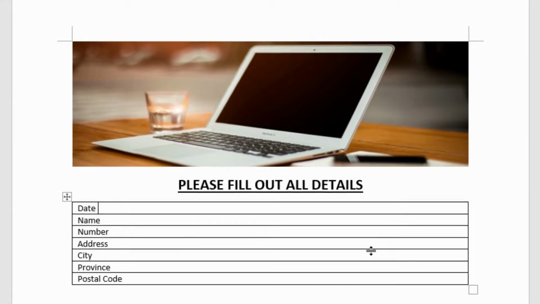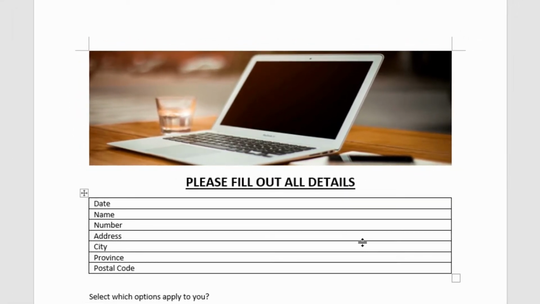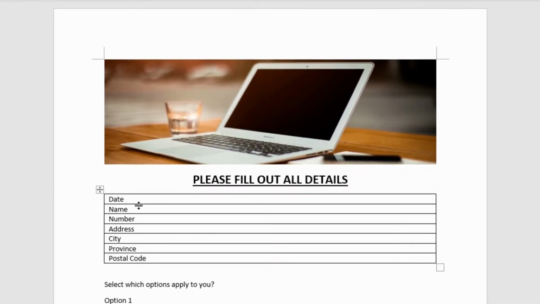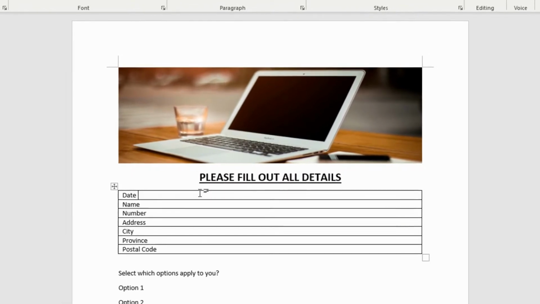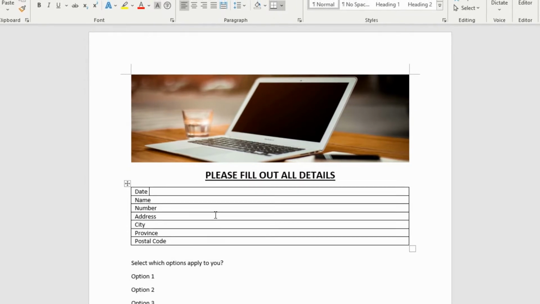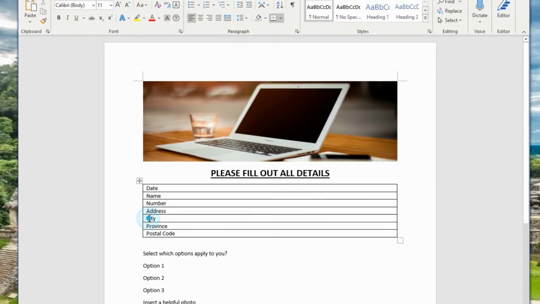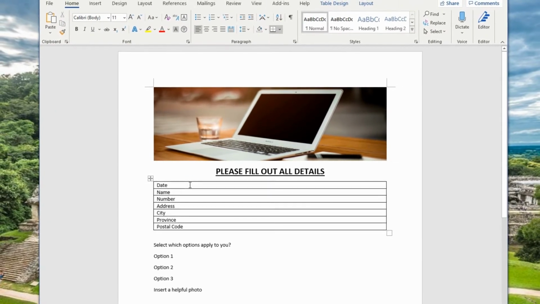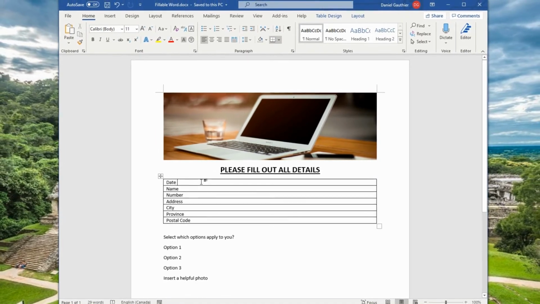This time I'm going to show you how to create a fillable Word document. So you'll have a document such as this where you can type in all the information, filling in the blanks, and you can make lines and use tables and all that kind of stuff. But if you want it so that you can't modify the content of this, and can only change the part that you want to have filled out, I'm going to show you how to do that here.